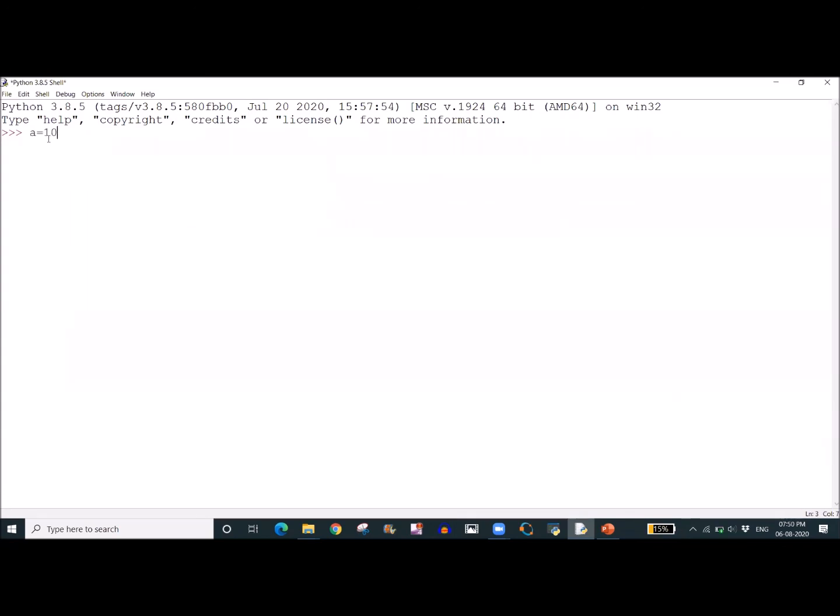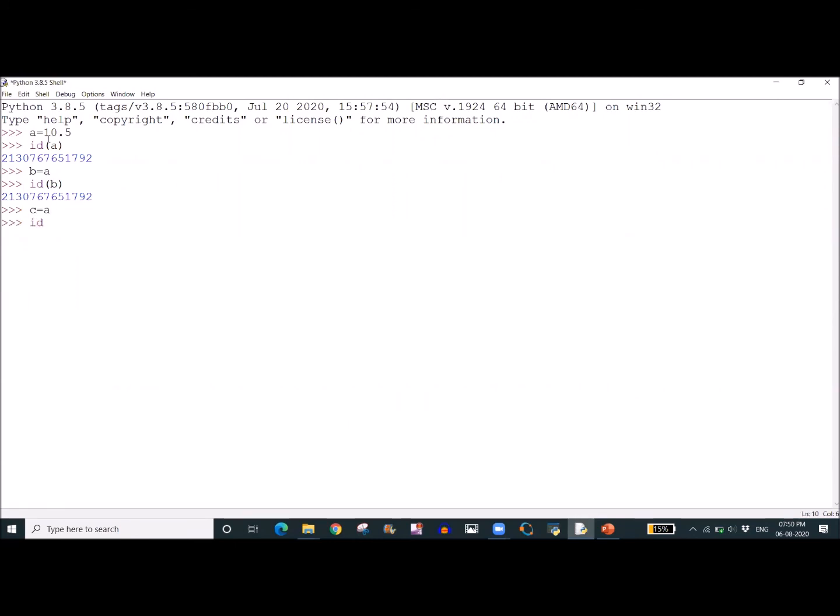Now we are taking a floating value. a is equal to 10.5. We are checking the address of this floating value. id of a, the address is 792. Now we are assigning this a to b. We expect the same address for b also. The address of b is also 792. Now we are assigning the value in a to c.